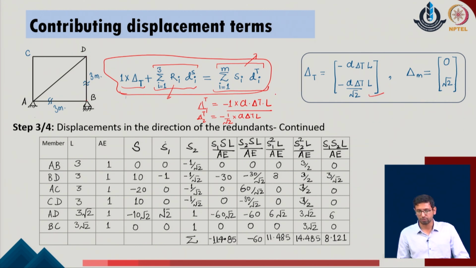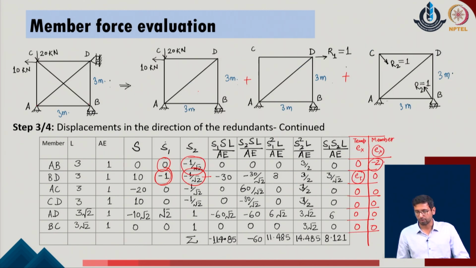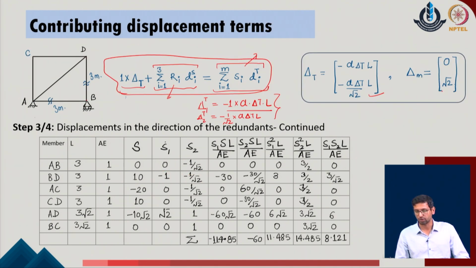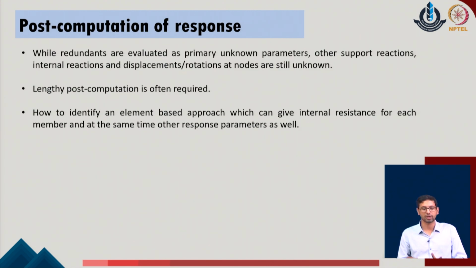When it comes to the member contributions, we again go with the same approach: the member contribution of minus 2 with respect to S1 is 0, so we will have no contribution of the member pre-strain to the deformation in the direction of redundant 1. In the direction of redundant 2, we have a multiplier of minus 1 by 2, we multiply that together, and that comes out as root 2 for the given problem. So, this comes out as the standard expressions which we need to describe for the delta t and the delta m. Once we add them all together, we get the net response of the given system.